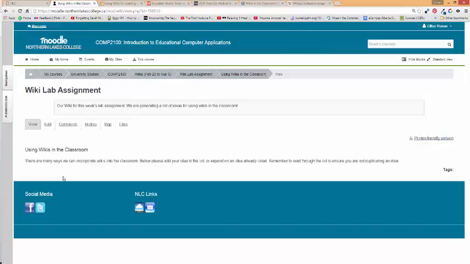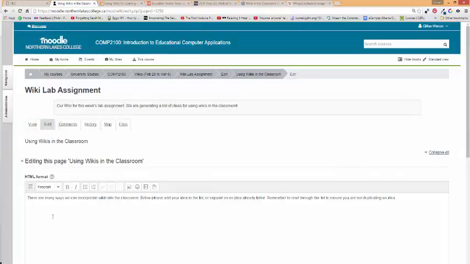So in this case, the early bird catches the worm. It's better to take part in this lab earlier rather than later so that you can be sure that your idea hasn't already been taken. Once you're ready to add your entry, along here you'll see some tabs. By default we see the View tab, so we're taken right to the page and we can see what other people have written. What you're going to do to add your entry is to press the Edit button,